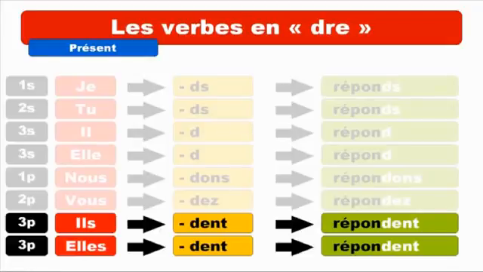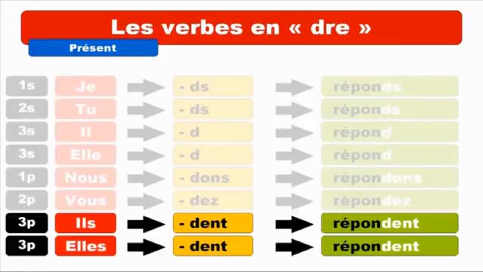D-E-N-T, feminine form is the same, D-E-N-T, okay, but then let's pronounce them. Ils répondent, repeat, ils répondent. It's actually a common mistake that students tend to pronounce this E-N-T, so they want to pronounce it like en, but keep in mind that for verbs we don't pronounce them, so E-N-T is actually not pronounced, it's only répondent, okay, at the end it's the sound of the d. Ils répondent, repeat. And then elles répondent, repeat, elles répondent, okay, so let's see that together